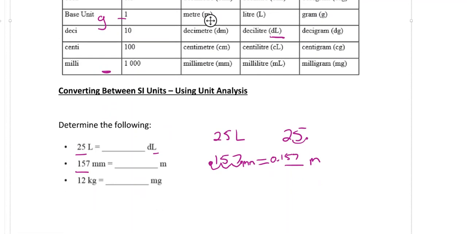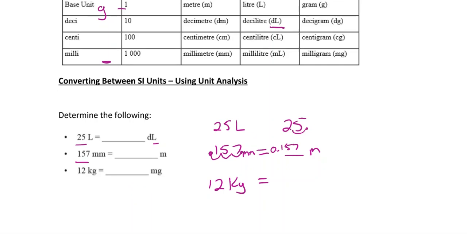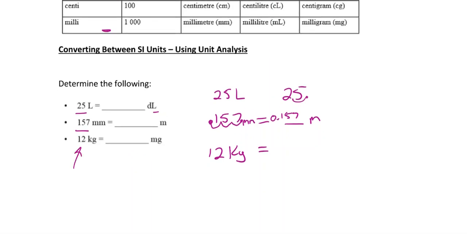Either way, let's write it down. So we've got 12 kilograms, and I want to change that to milligrams. Just putting this to the reason test: am I expecting a big number here or a small number here? Well, a kilogram's pretty big. Imagine a kilogram. That's going to be something pretty heavy, hard to lift. So I'm going to have a lot of milligrams to add up to that same weight. So I'm expecting a big number here. I'm going to have lots of these little things.